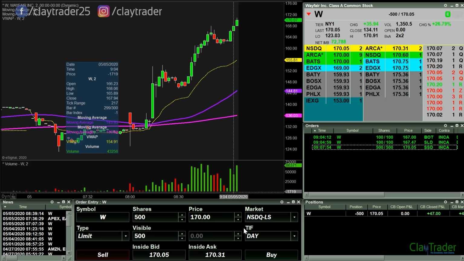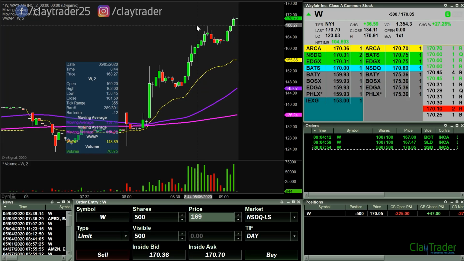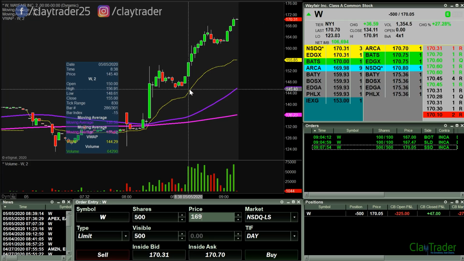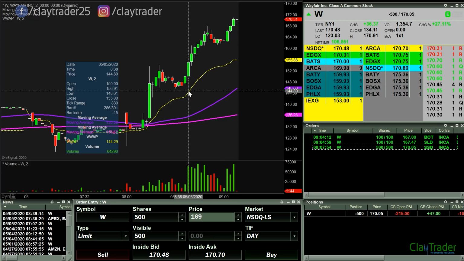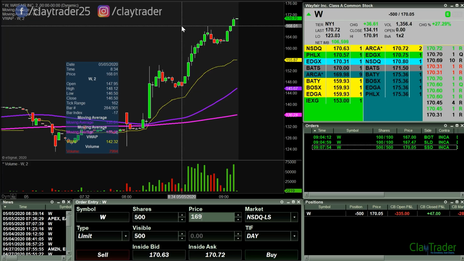And I do believe it wants to get down below the 170 mark. So short 500 shares at 170. And like I said, even if it just pulls back and backtests that breakout point right there,